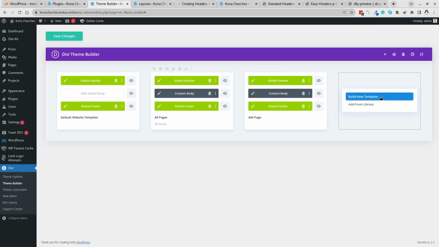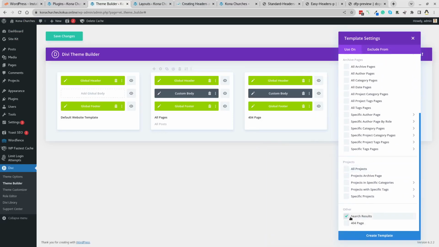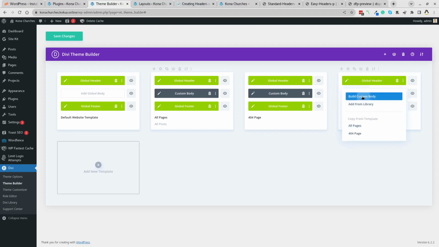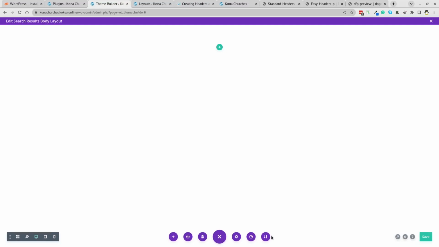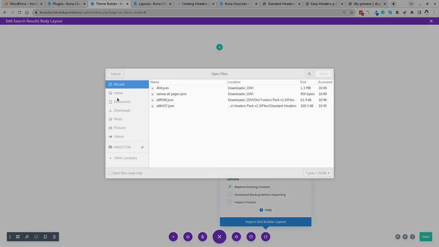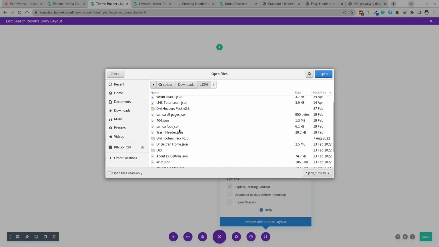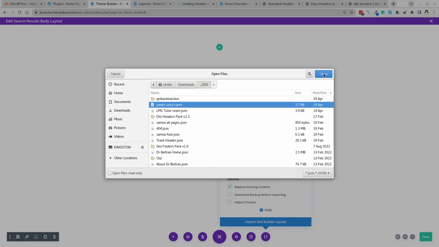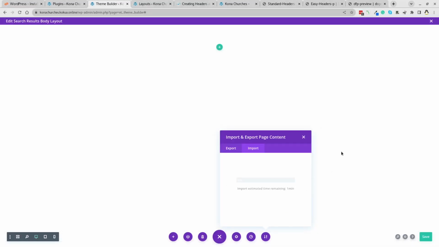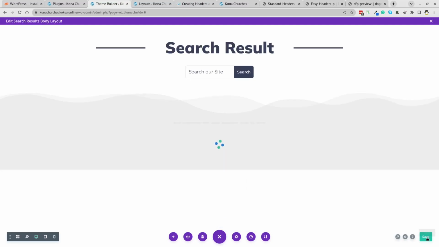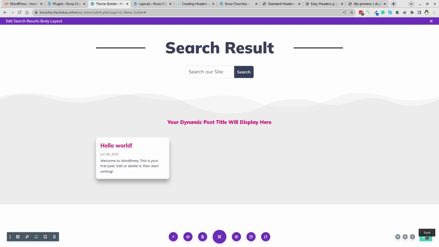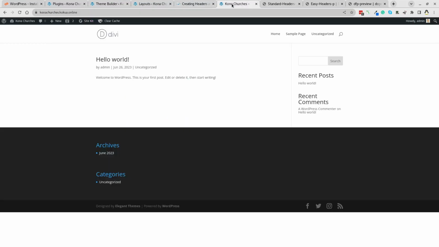Get out. Now we want the search page to show search results. Once again, we go in, import, export. Once again, we go to downloads, and we want the search page. There it is. Open, import. Save, and X. Now, if we go here,